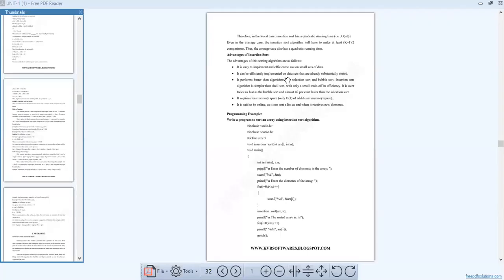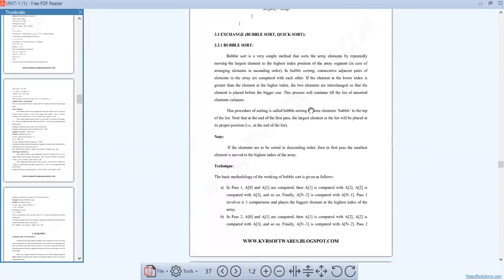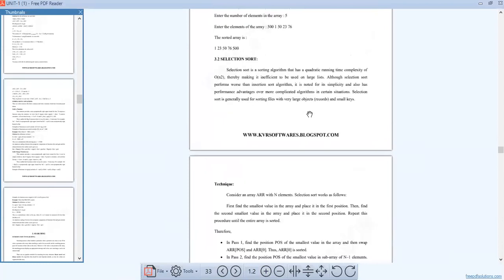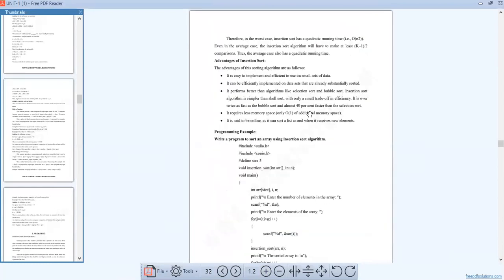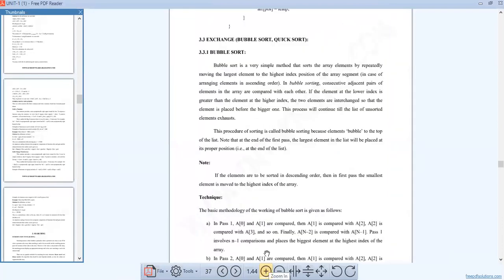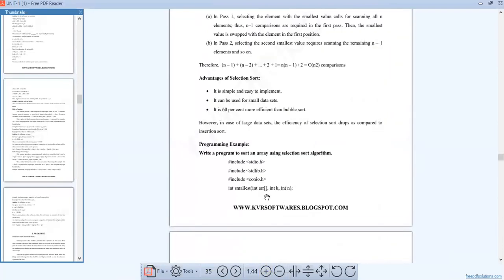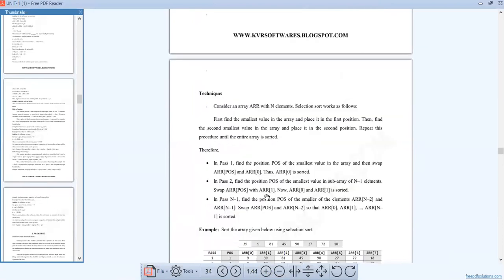I have already explained one of the internal sorting techniques, that is insertion sort. Insertion sort is based on comparison only. I have already shown you the procedure and algorithm, and an example also, right?